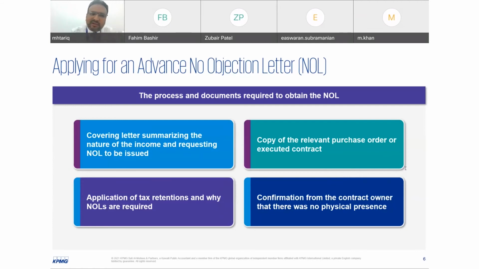One of the criteria is that after submission of the tax return, at least 1 year should pass. If in 1 year the tax inspector is not able to commence the tax inspection, then you are eligible to request an NOL through bank guarantee. And second, for example, if the contract is completed or you have submitted the last year's tax return and you are not expecting any other variation order, this can also be one of the requirements where companies are eligible to submit their annual request on a bank guarantee basis.